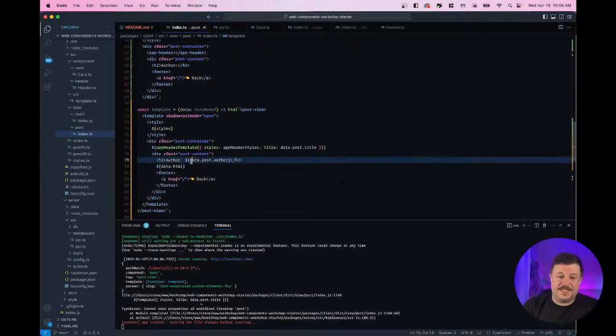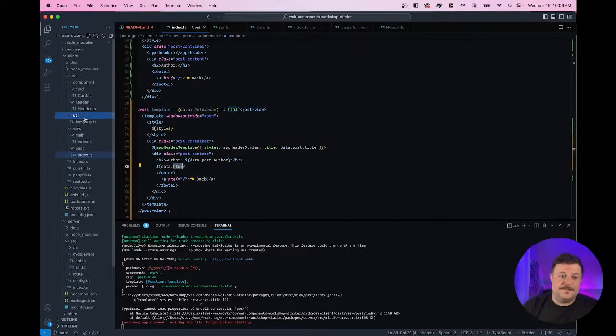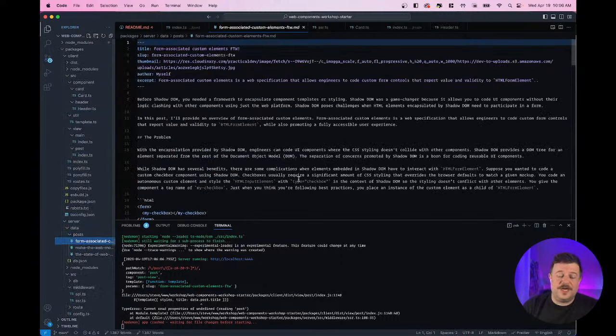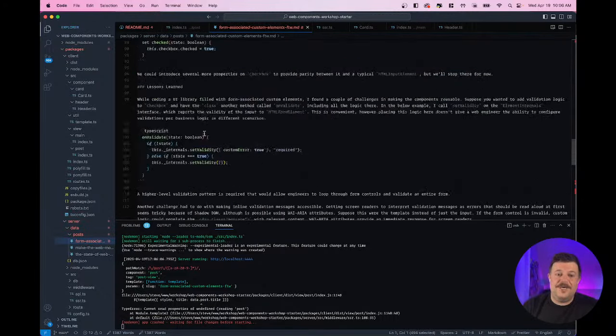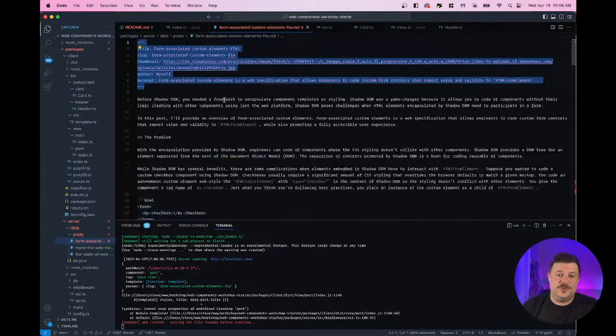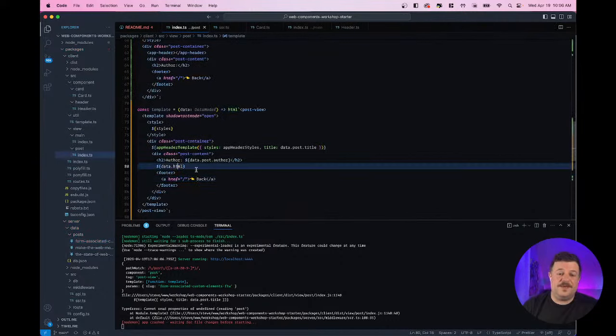Because this template is expecting some data coming in from the endpoints, right? It's expecting a title property on the post. It's expecting an author, and it's expecting some HTML, because each one of these blog posts are stored as Markdown, right? And they have a Markdown header, and we need to convert this Markdown to HTML that can be rendered